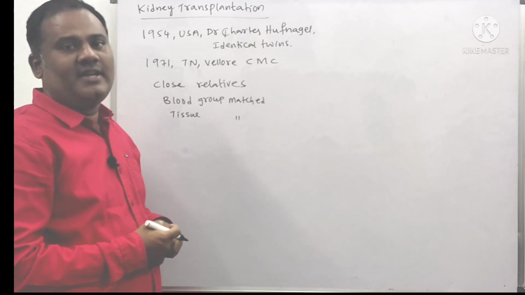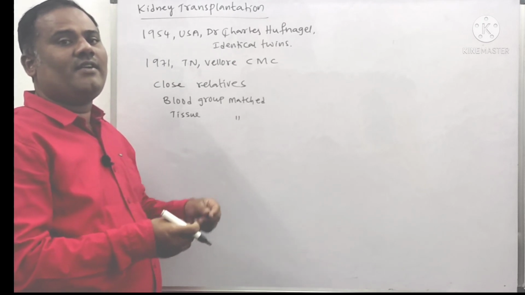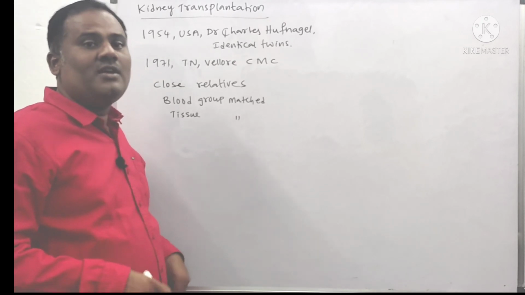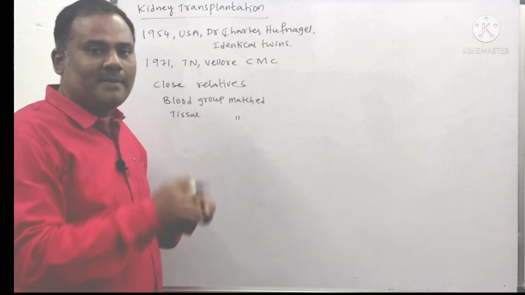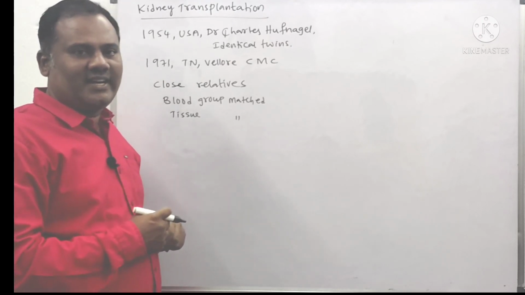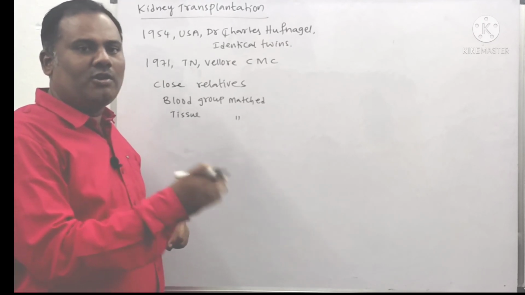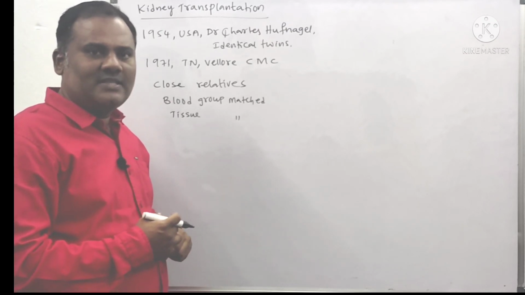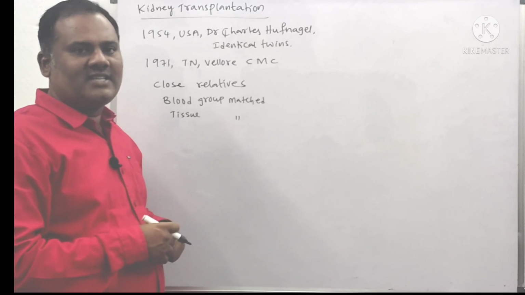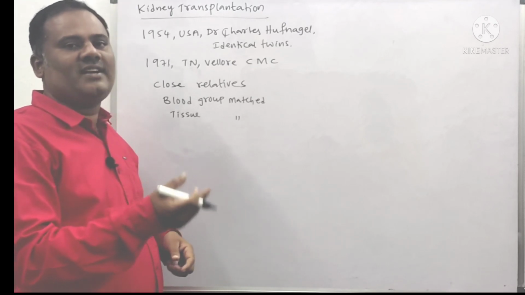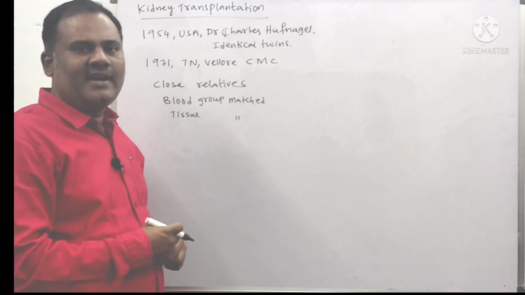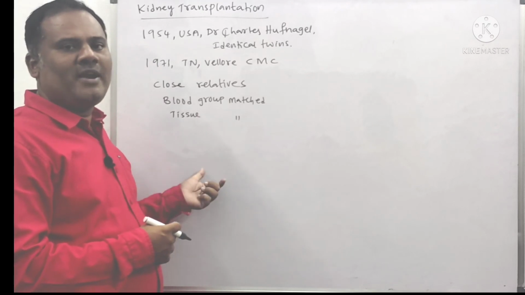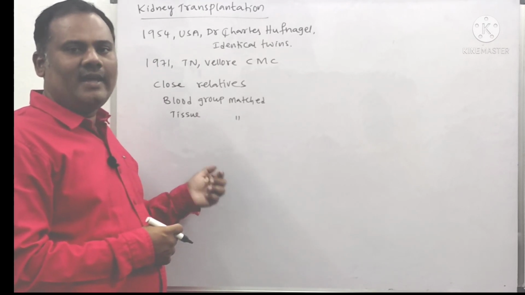In previous days, sometimes after the transplantation, the immune system of the recipient would reject the kidney, as compatibility was not achieved and the kidney was not adjusting to the recipient's body. Nowadays this is avoided with the help of several tests done before the kidney transplantation. So this is a permanent solution for ESRD patients.